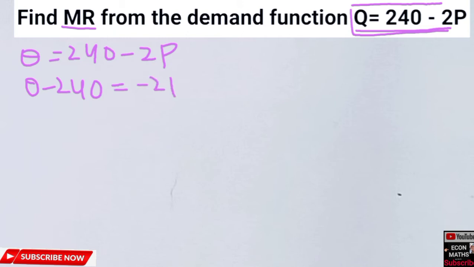So since our Q is equal to 240 minus 2P, we will solve this for P. So this will become Q minus 240 is equal to minus 2P, multiplying both sides by minus 1. So this will become minus Q plus 240 is equal to twice P,